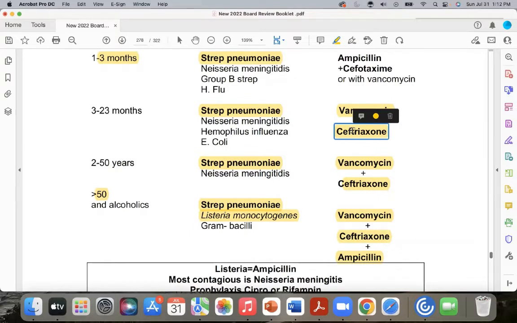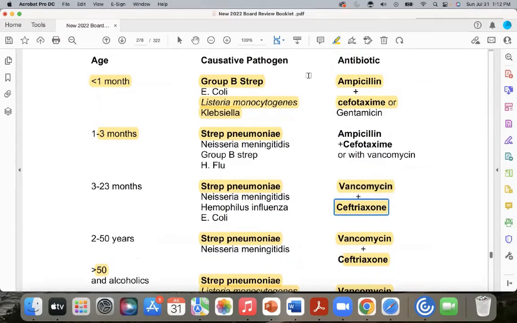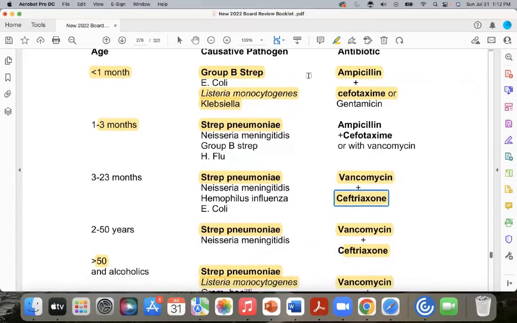So we know this covers a good broad coverage. He's got him covered. Now, what's he growing? I don't know. We'll see what the blood cultures show, these sepsis of unknown origin. Okay, so now does everybody see where these test questions come from? Get it? So does everybody see this?